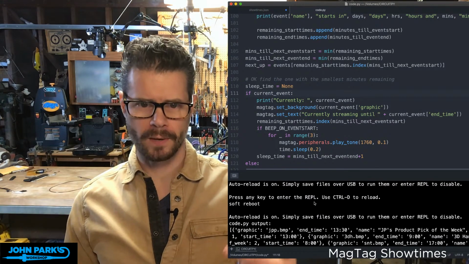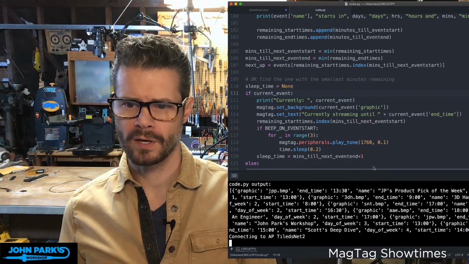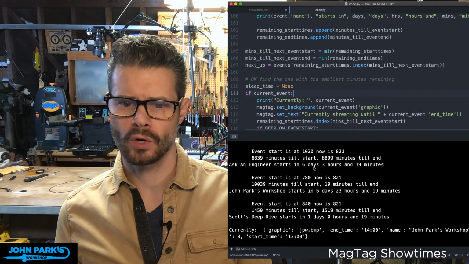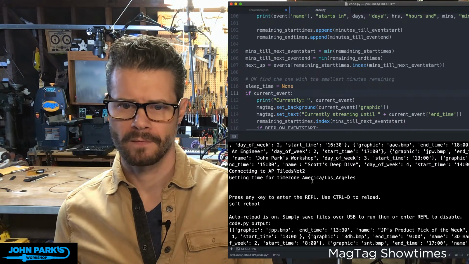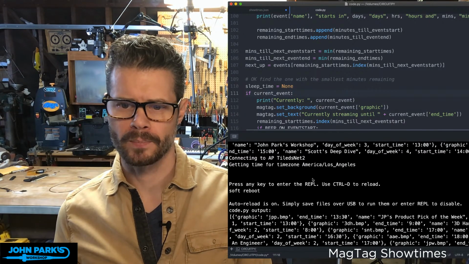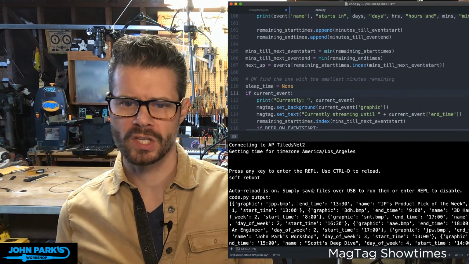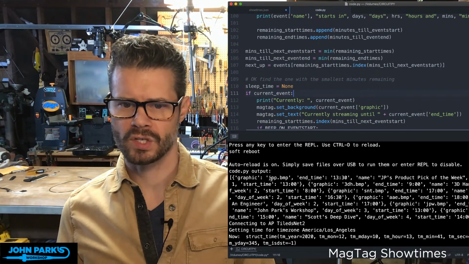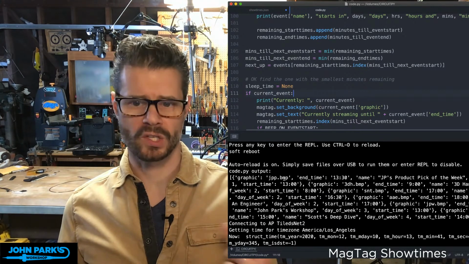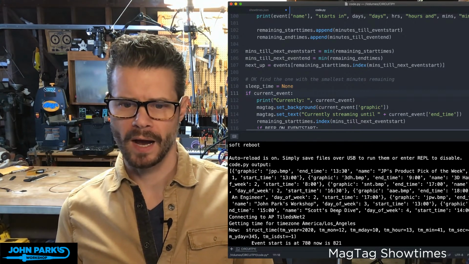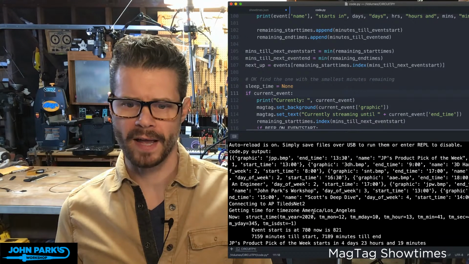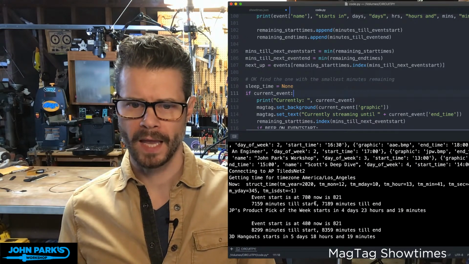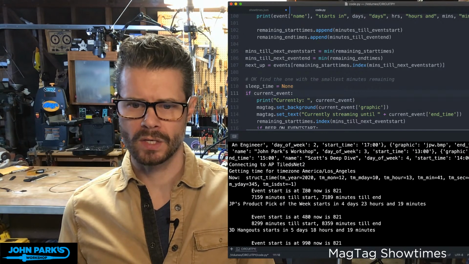It restarts the device. And there you can see the first thing it did was show me that full set of definitions inside of our events. You can see the graphic is jpp.bmp when it's JP's product of the week, and so on. Then it jumped onto my Wi-Fi access point, got the local time for Los Angeles, and then it checked each